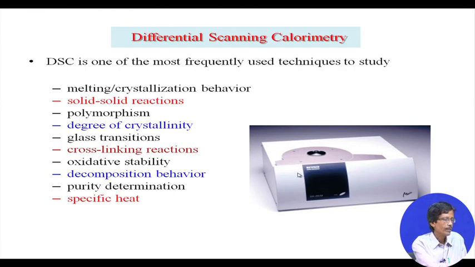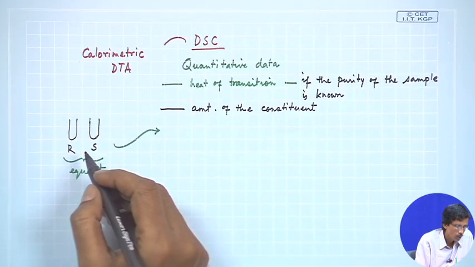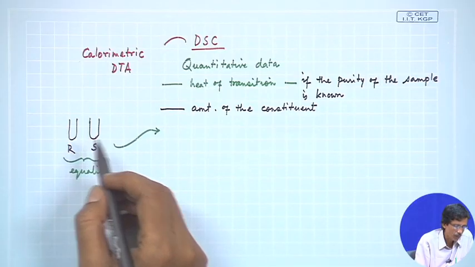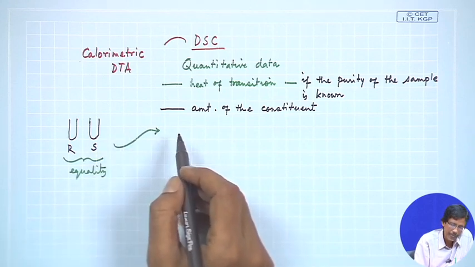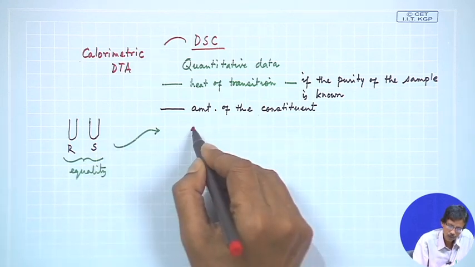It is a big list, but if we see it one by one, it has the same temperature effect or the thermal effect, because you have the reference and the sample. So, one is known, the reference material and the reference sample is known. So, if we have this, the thermogram we get resembles that of your DTA, but the area under the peak now,